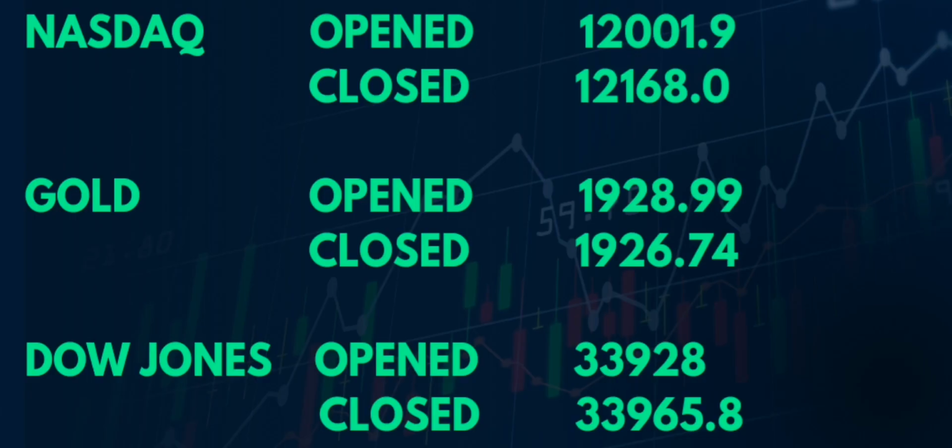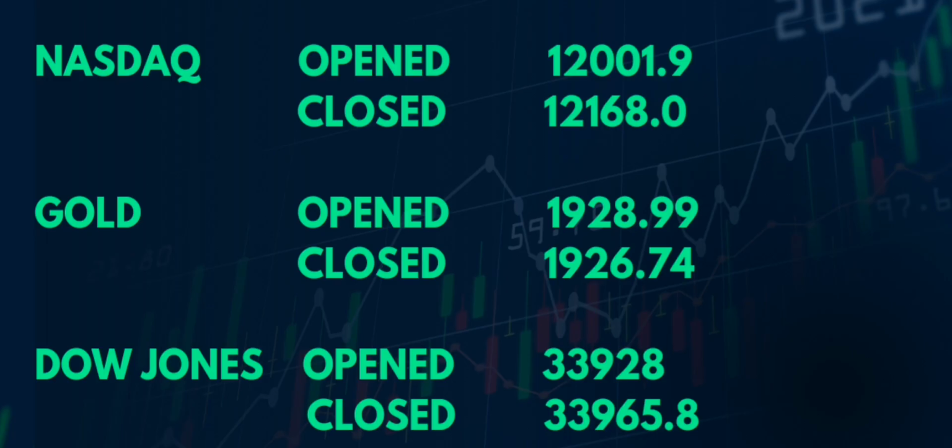Then what you have to know about, like I talked about in the previous episode, are the three important things that people trade inside the market. That is the Nasdaq, the Dow Jones, and the S&P 500. But a lot of people in Africa like to trade gold because gold is common in Africa. Almost every country in Africa has gold, so people like to hold gold.